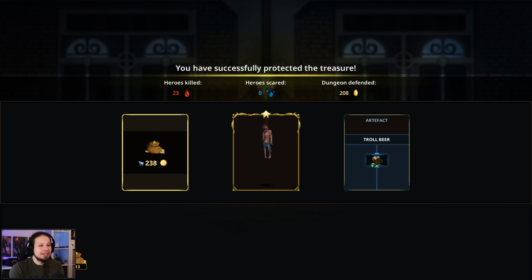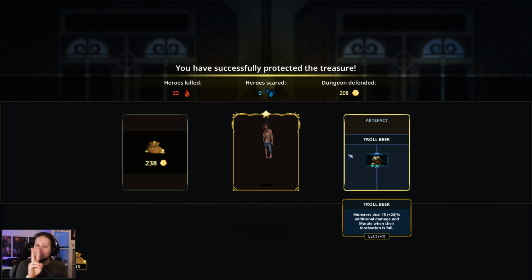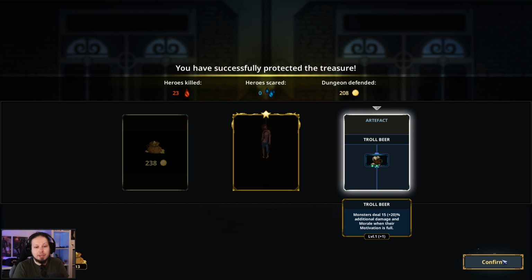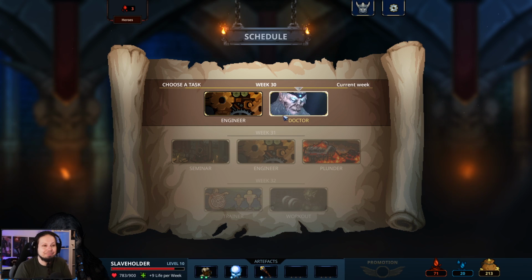Alrighty. So, lots of money, possibly. Or, a level 1 Gruesome Surprise. That's a morale-based trap that applies Terrified. Terrified means they take 50% more morale damage from each source afterwards. Or the Troll Beer Tier 2. Monsters have 15% more damage, or 15 plus 20, like 35% more damage and morale when their motivation is full. And I also always try to get that. That's a very good pickup for us. The gold was also extremely intriguing, but I mean...